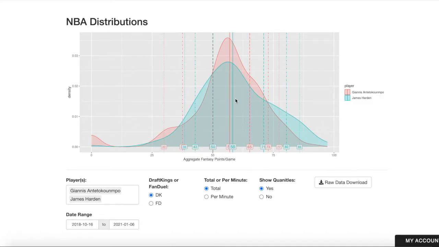It's very interesting though how Giannis has this super tight distribution where his 75th percentile outcome, which is this thick dashed line, is only 65 compared to Harden's 75th